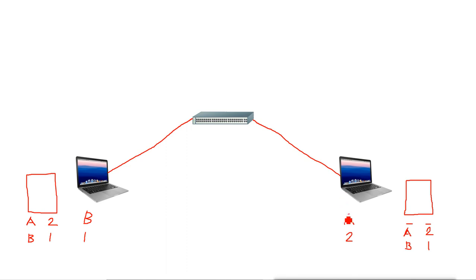So suppose this A machine wants to connect to B machine. We humans understand names, so we say we want to connect to B. We will tell this machine that I want to connect to B. So this machine will check the host file. What is B? B is here, and what is the IP of B? It is 1. So it will use that IP to connect to this machine. So always every machine looks in the host file for the name. Whenever you give a name in the machine, your machine will look in the host file to resolve the name.